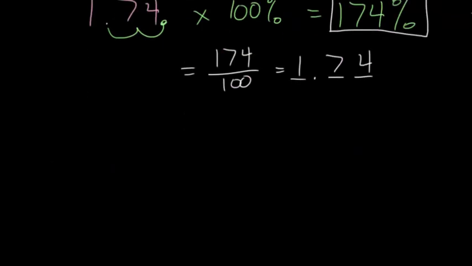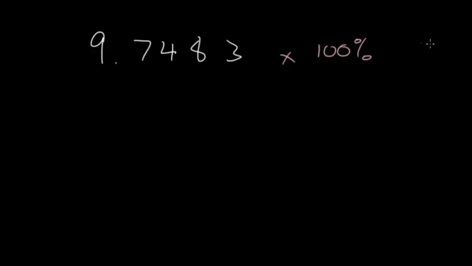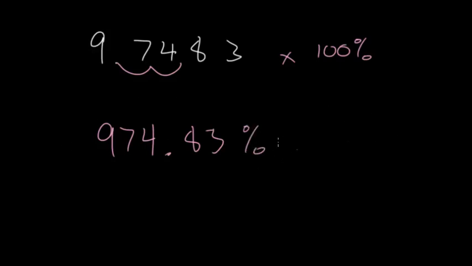Let's do just one more of these. Let's say you have 9.7483, and we want to change that to a percentage. With all of these, just multiply by that 100%. Multiplication by 100 moves the decimal twice, and so you get 974.83, and then the percentage just carries along. Now, this one's a little bit more awkward to check, but when you do check it, you'll just divide